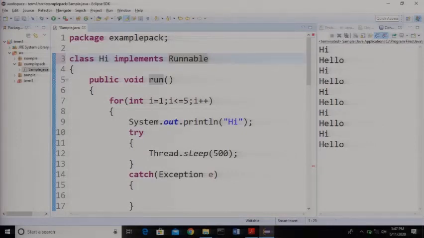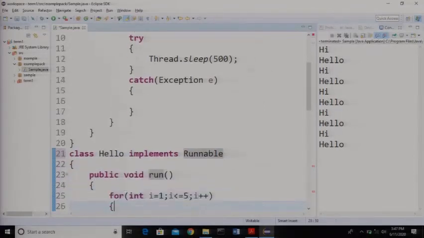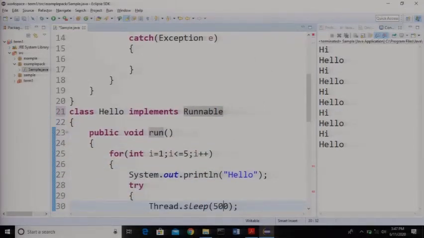And then here also we need to do the same changes. So class hello implements runnable. Runnable is an interface. Then what else do we need to do over here?